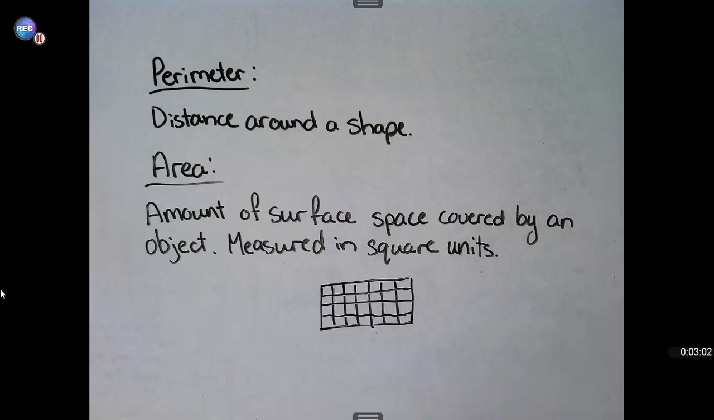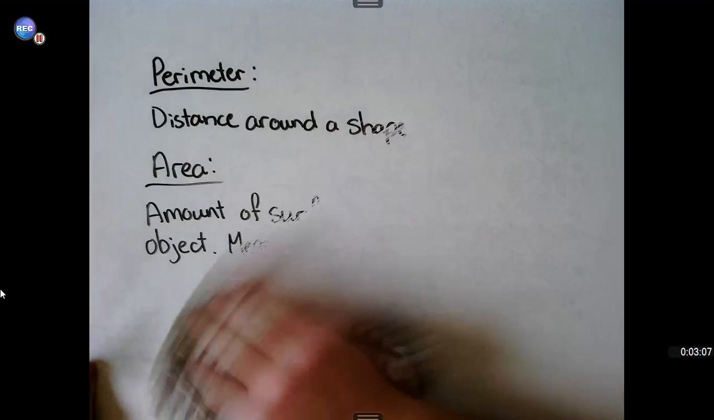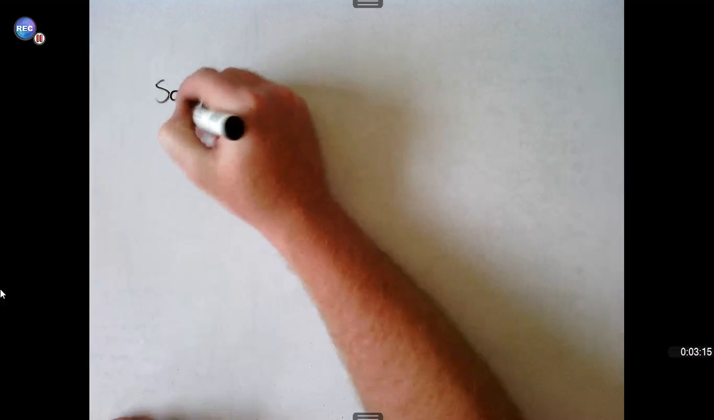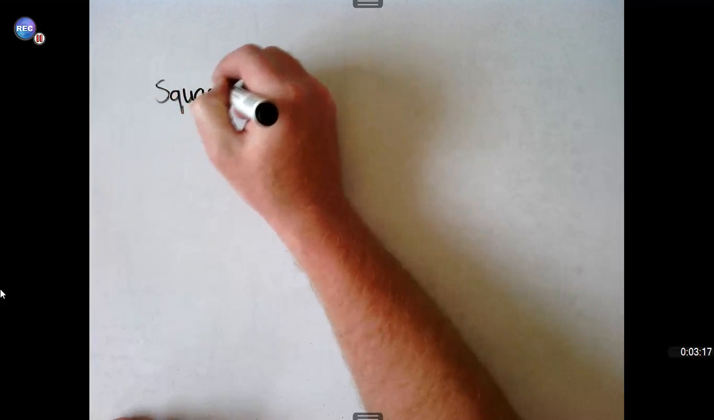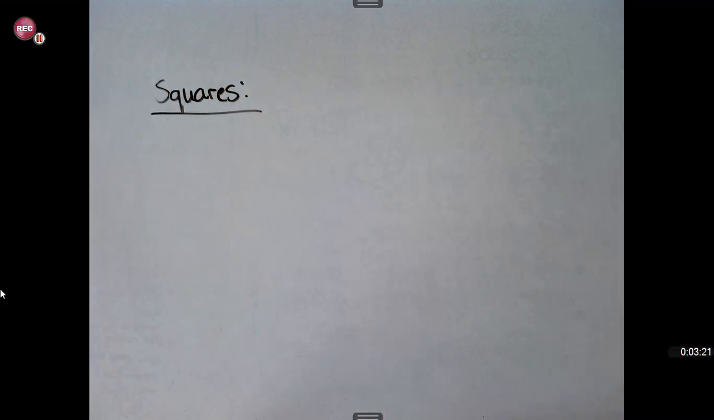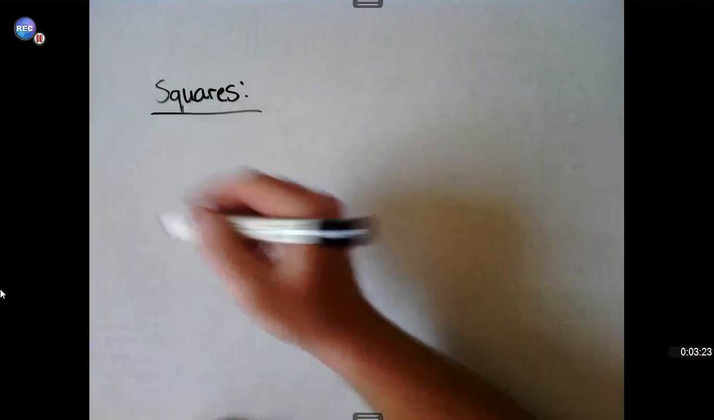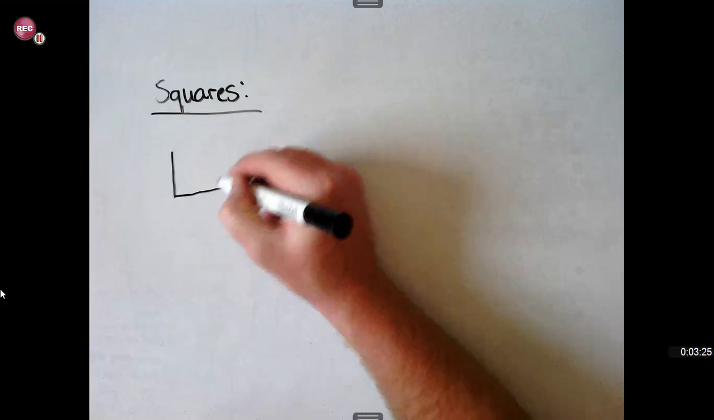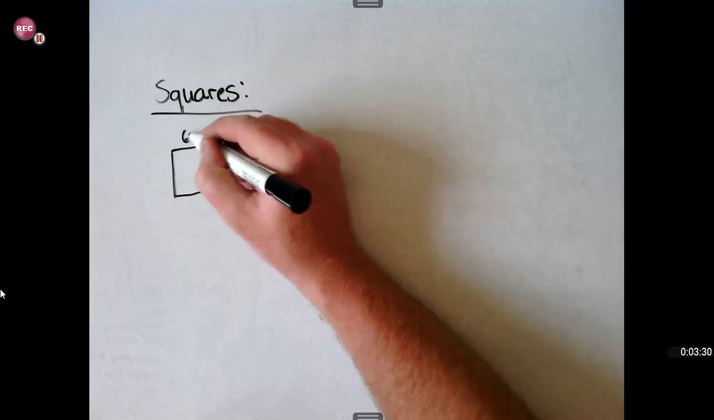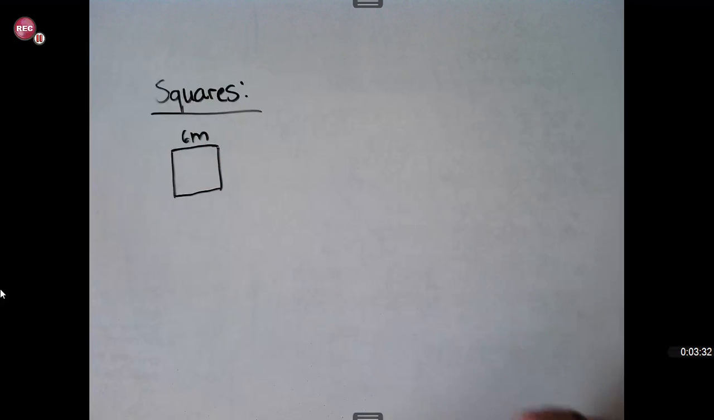Okay, so let's quickly jump into our first polygon that we'll be looking at, and that would be a square. So we're going to look at squares quickly. Squares are your most common and basically your easiest polygon to calculate the perimeter as well as the area for. Okay, we just draw a square here, and then we say this is 6 meters. Okay, first things first,